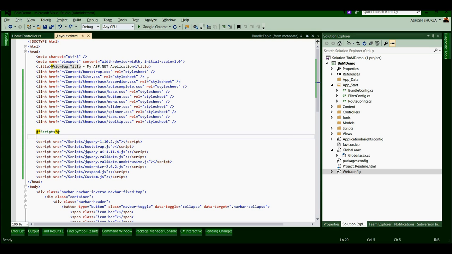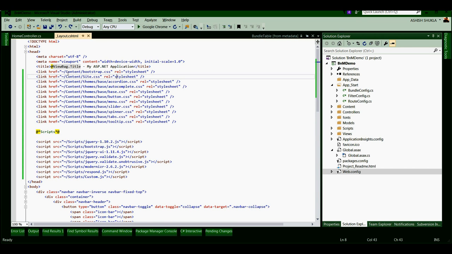Here I am in my project, bundling and minification demo, from my previous video. I have included a number of script and style files in my web page. So first we need to download the System.Web.Optimization framework.